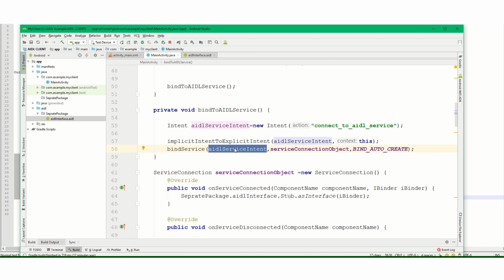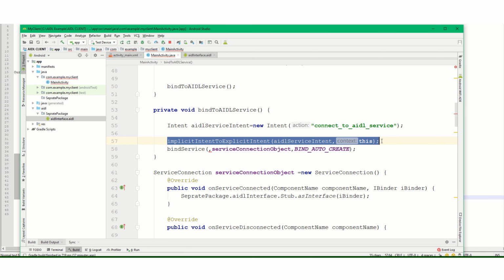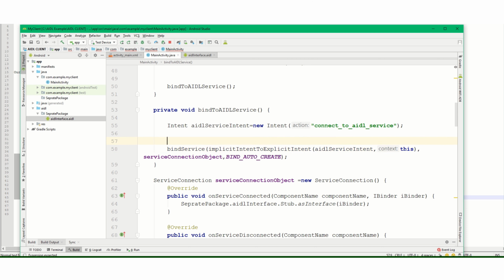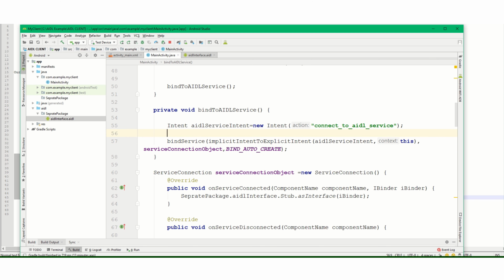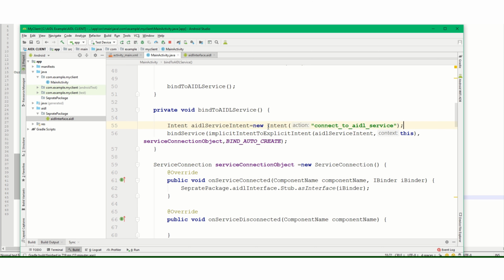So here instead of our AIDL service intent, I will pass this as the first parameter. So our first parameter is now the explicit intent. See, this is our first parameter.